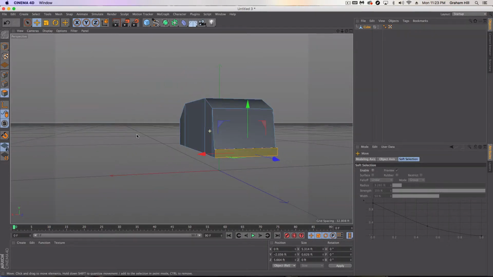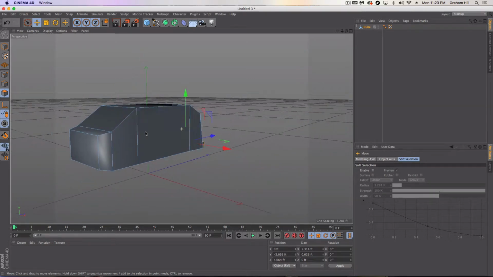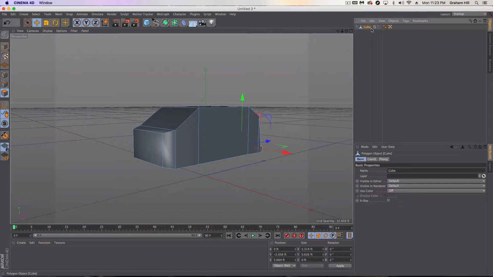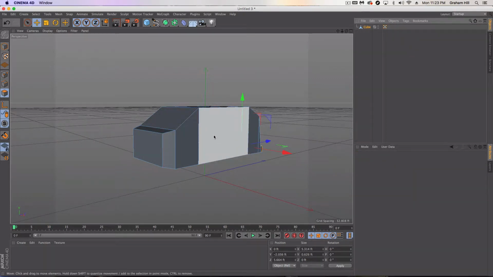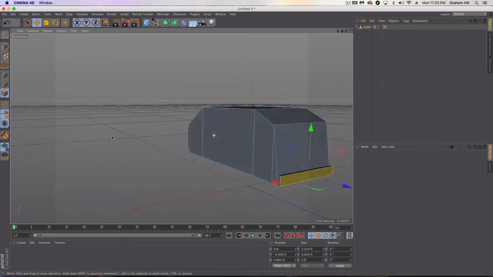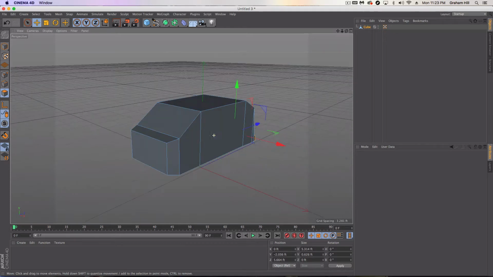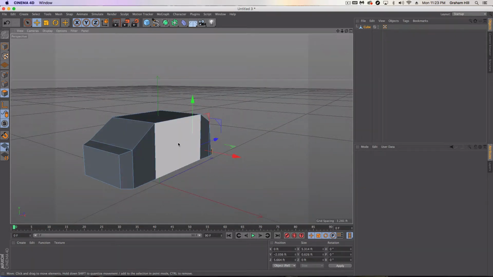All right. So we could probably do a lot more to this. But the first thing we're going to do to make it low poly is we're going to get rid of our Phong tag, and it immediately just takes on a more boxy shape. All right. Not much to it. Doesn't look like anything. And what we're going to do next, before we get to any wheels or anything like that, is I'm just going to head into our